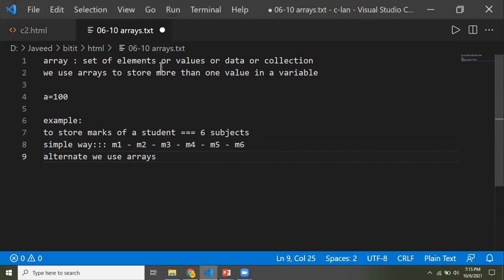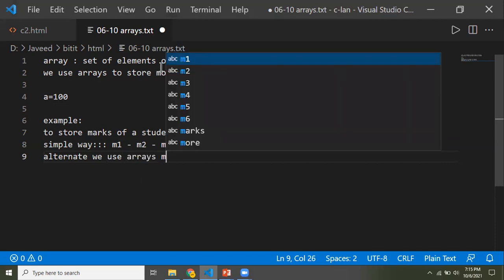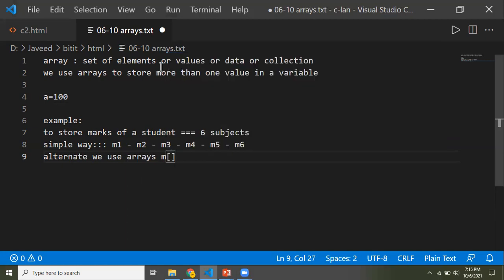Now, how am I going to do it using arrays? I'll take only one variable, where I define that it's going to have 6 values for me. I'll say my array is having 6 values, 1, 2, 3, 4, up to 6 values I'll be putting in. I'm not giving any values there, I've just left it blank. So this will help me to store 6 values.